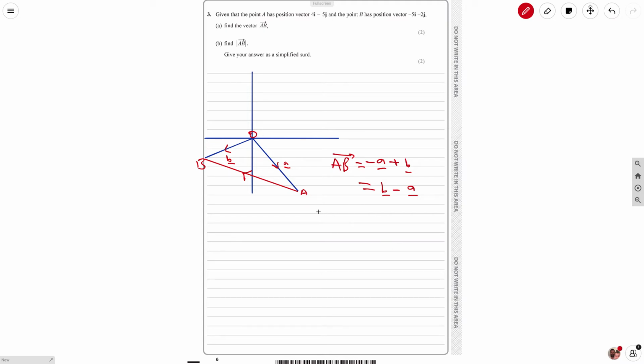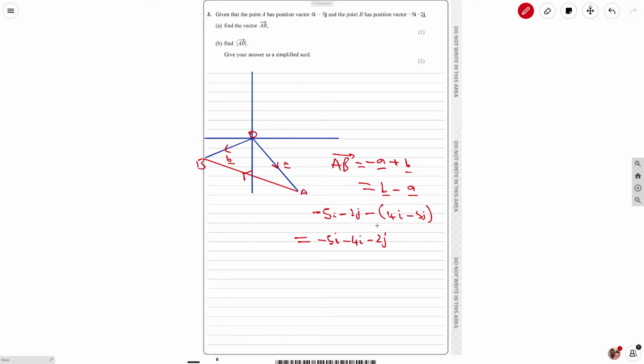Okay, so when we start actually doing the numbers here, we just need to write B first, which is minus 5i minus 2j. Okay, but then we're minusing A, so it's important that you put that in a bracket. So we minus A, that's 4i minus 5j. Okay, so if we expand our brackets, okay, we're going to get minus 5i minus 4i, just putting the i's next to each other. Okay, and then I'm going to get minus 2j, and the important thing here is that